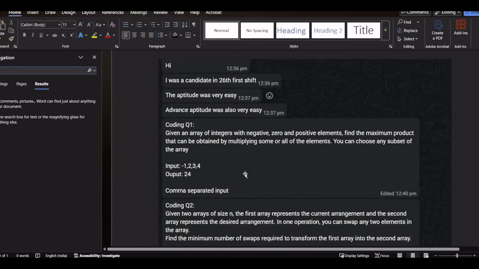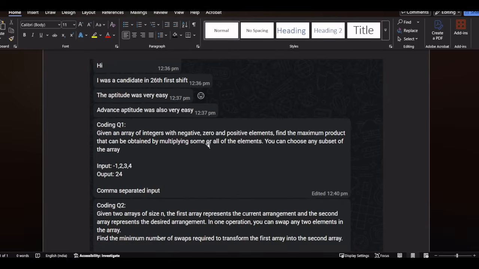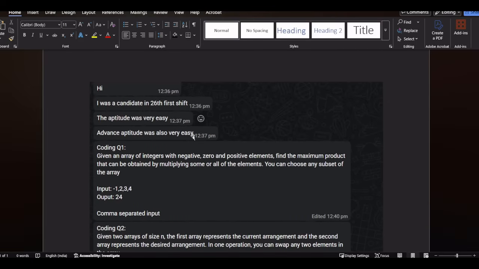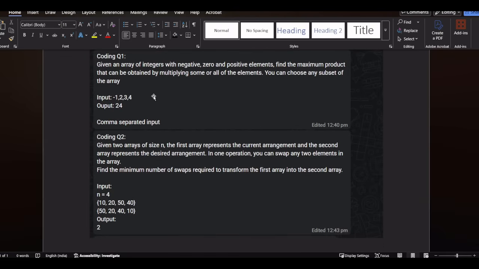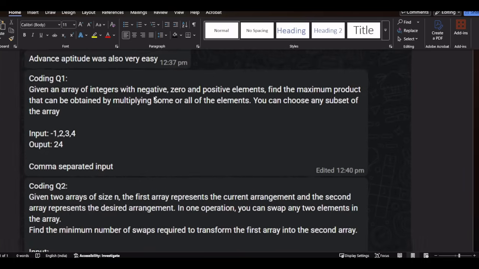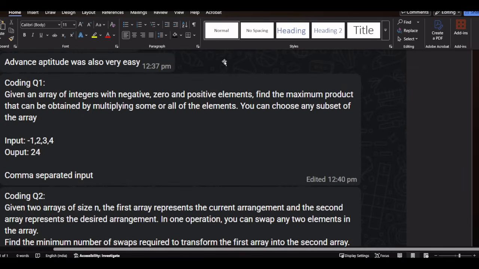Now, let's start. Hi everyone. In this video, we will be talking about the TCS NQT exam analysis of 26th March, meaning today's exam. First of all, let's talk about the coding questions. After that, I will talk about the level, how students faced difficulties, and everything about the foundation section. So the first coding question was: given an array of integers with negative, 0 and positive